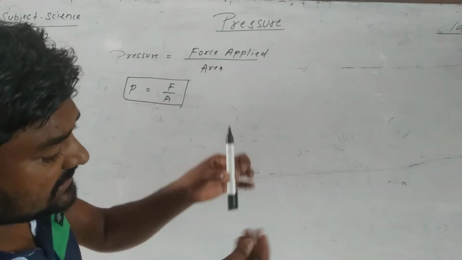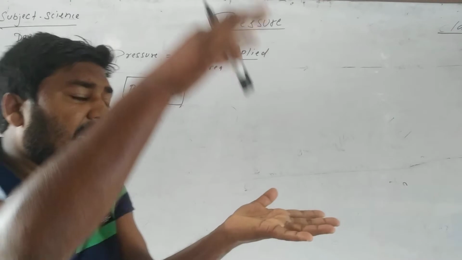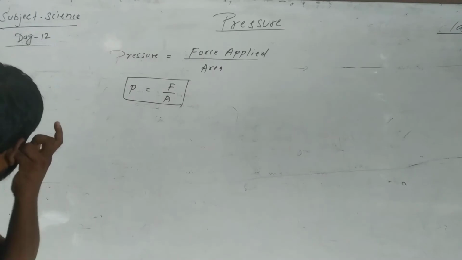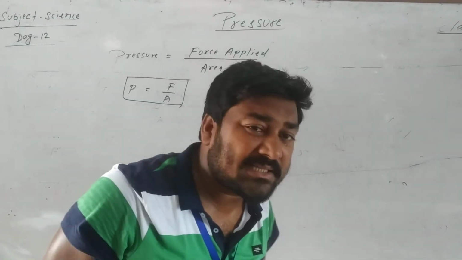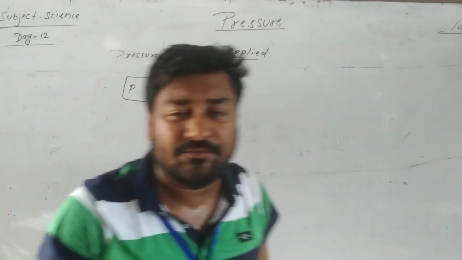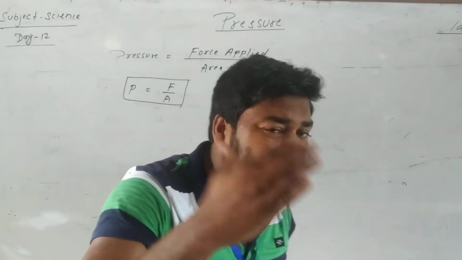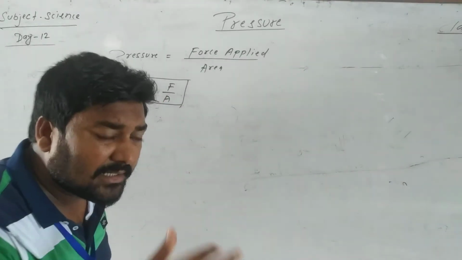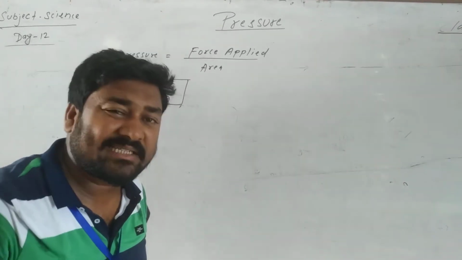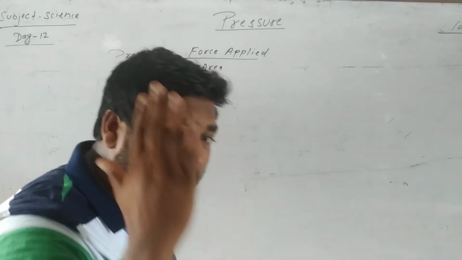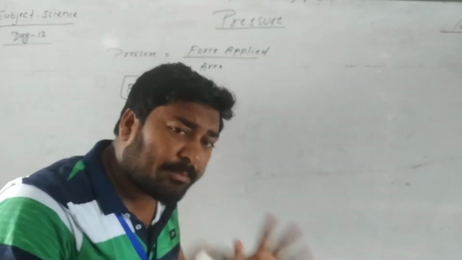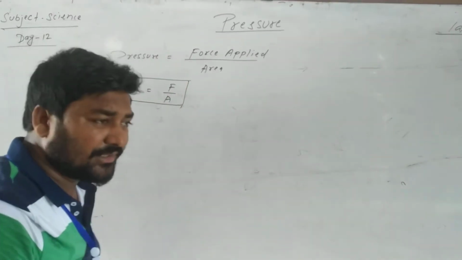If we apply the blunt edge on any particular area, then it produces less pressure. But the sharp edge, just like the knife, where the upper one is the blunt edge and the lower one is the sharp edge with which we cut potatoes, onions or our vegetables, always creates more pressure, and the blunt edge creates less pressure.